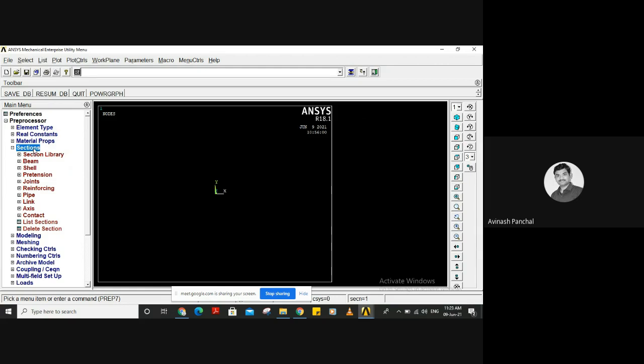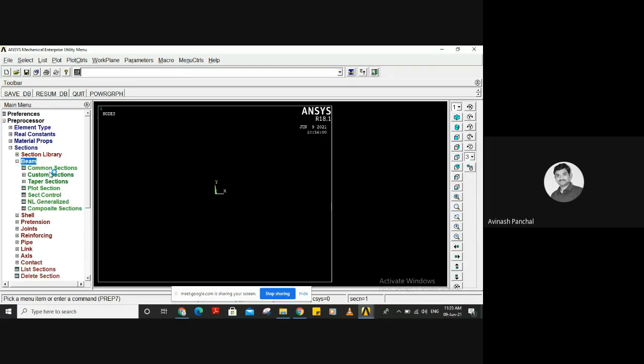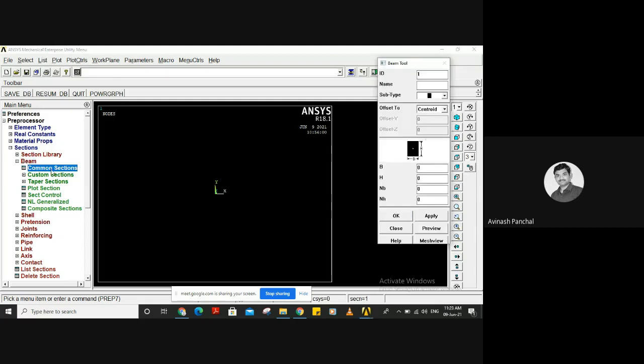Now it is a beam element, so we are giving sections to this. For beam, we are giving the common sections. What are the common sections available over here?